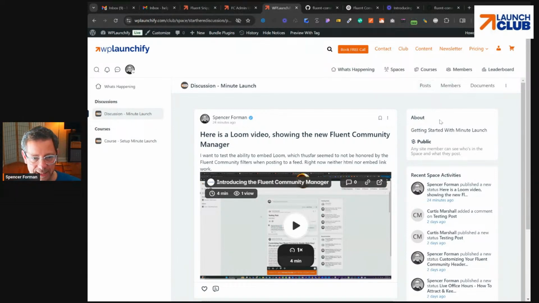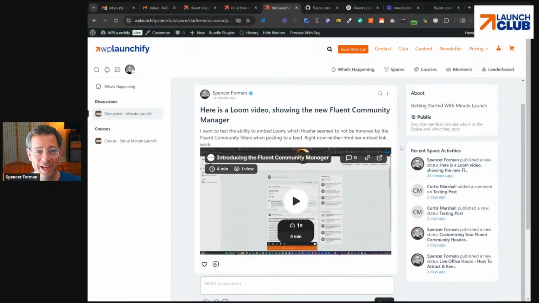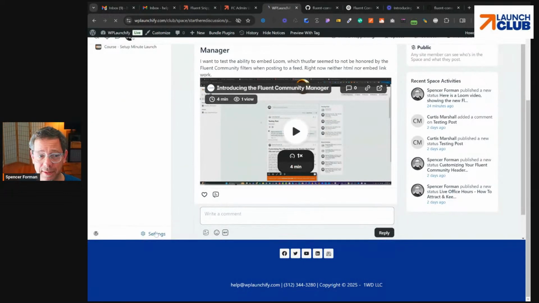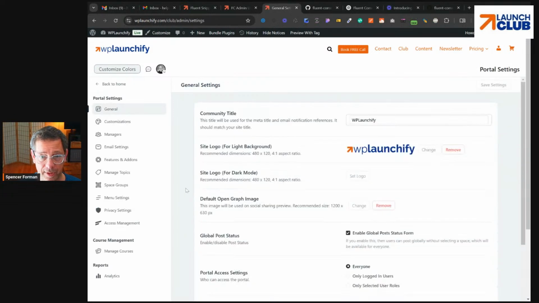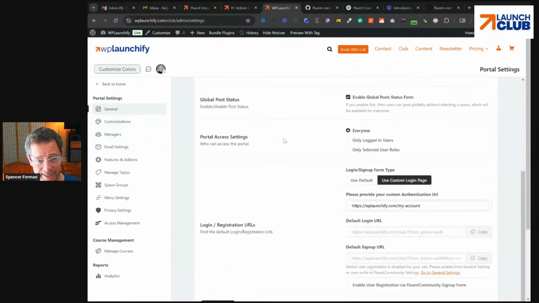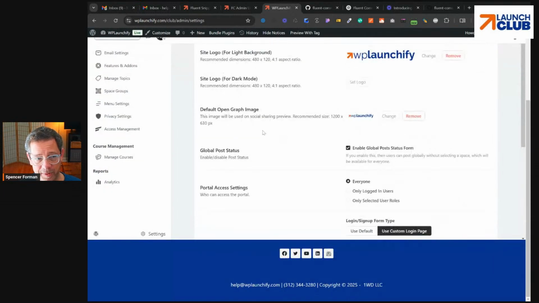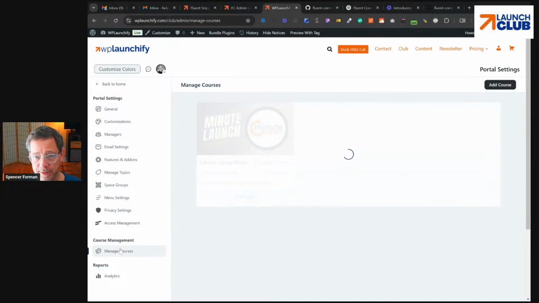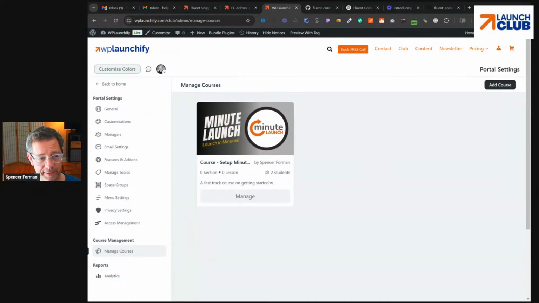And I'm starting to see this already. Number one, by necessity, the Fluent community is an incredibly advanced plugin that I'm so in love with for how little time it's taken to get here. But number one, the management on the front requires you, first of all, to bounce to a side menu to get the various settings here, which isn't the primary purpose of what I'm about to show you, but just the idea that if you want to manage your courses, you got to go sort of maybe to the back end to do your menu settings, to do topics,